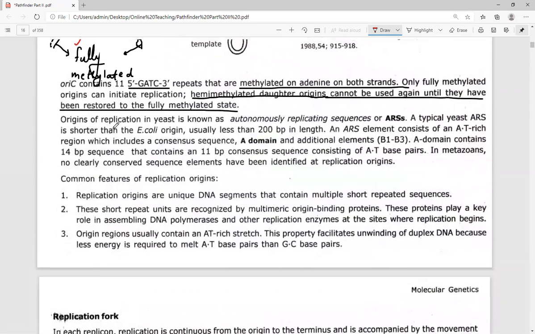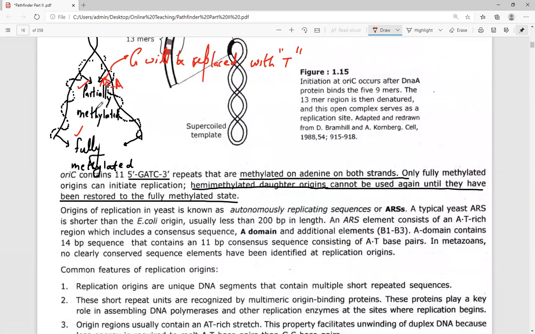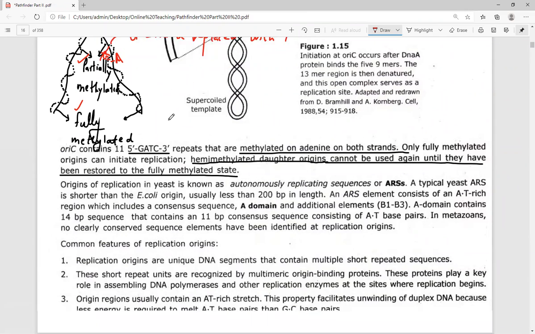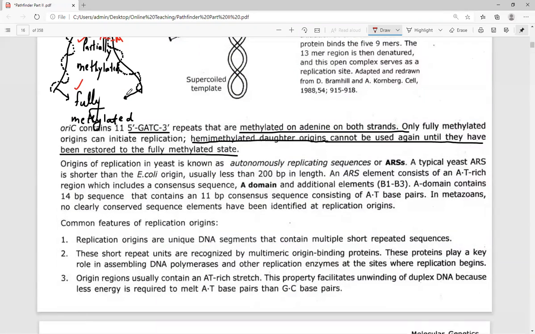Now, this partial methylation also ensures that daughter DNA cannot be used again for the process of replication until and unless they have been fully methylated again. Until they are fully methylated again, they cannot be used in DNA replication. Now you know how the process of DNA replication takes place. Now the next important point,